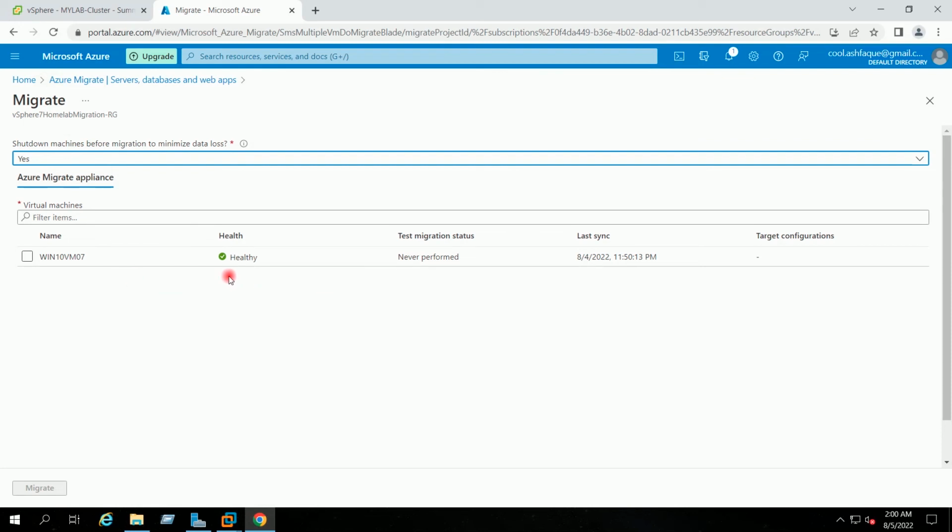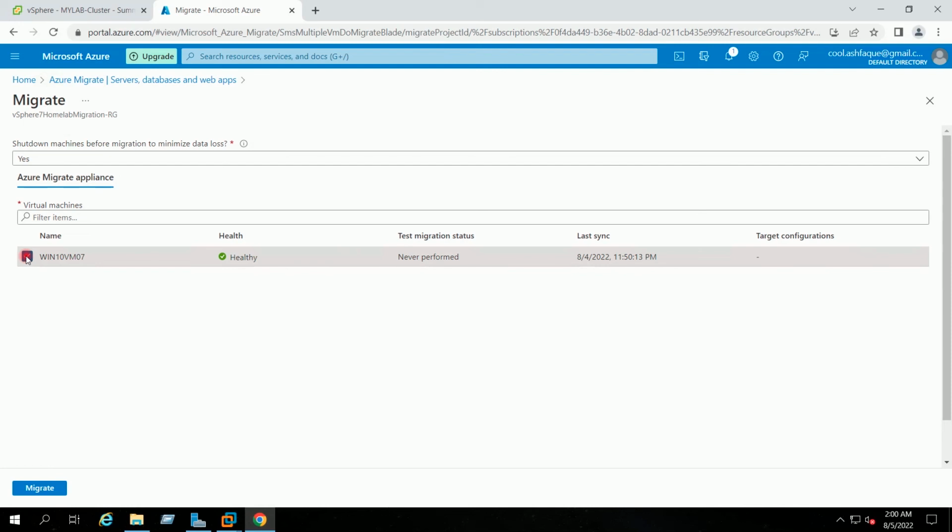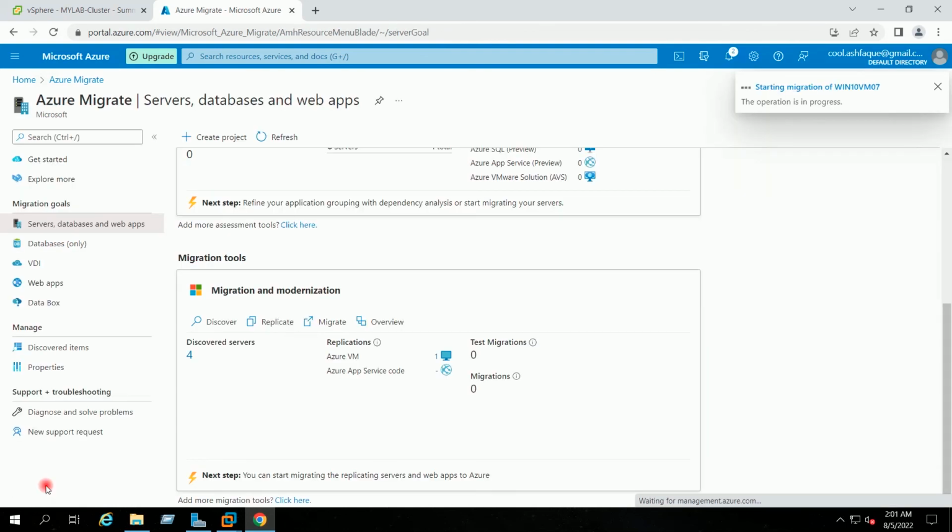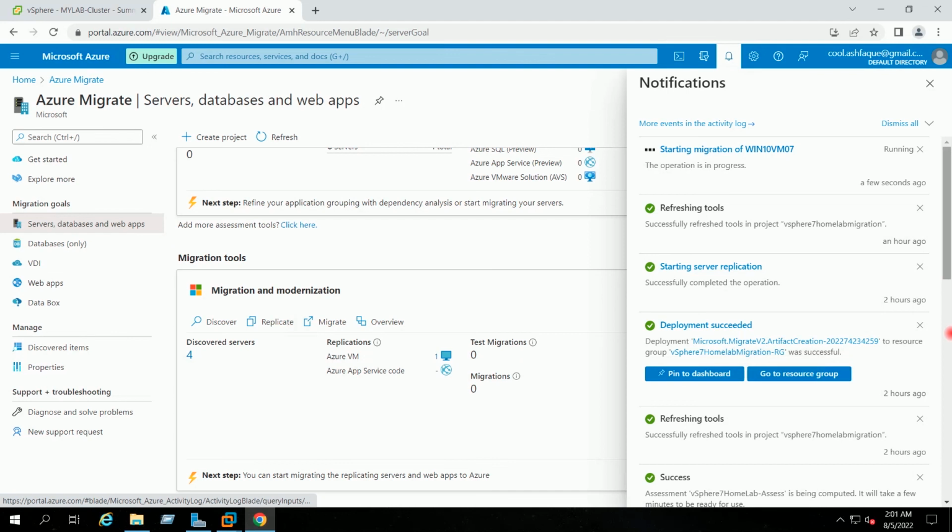I will select our Windows 10 virtual machine and I will click on migrate. Starting migration of VM task showing completed in the notification.